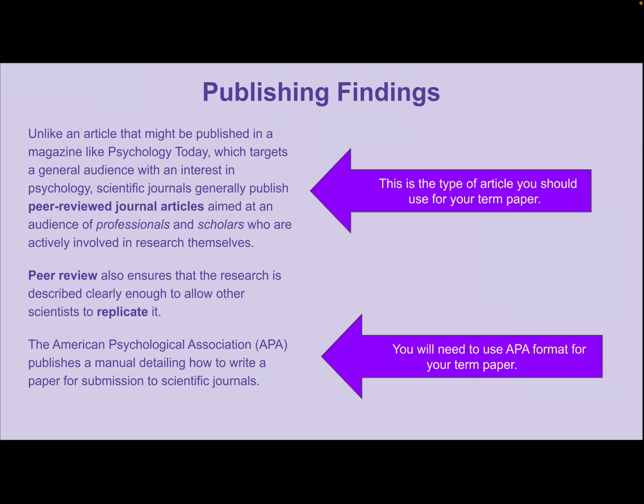A single-blind study is when the researcher knows which participants are in which group, but the participants do not. A double-blind study is when nobody knows. The researcher and the participants do not know who is in which group. A placebo effect occurs when somebody's expectations or beliefs influence their experience, and that's why we use placebos.